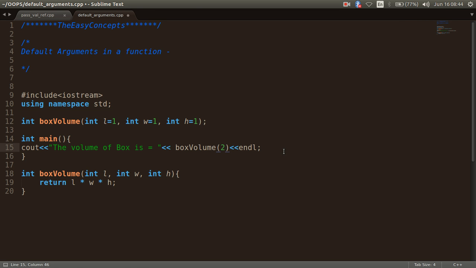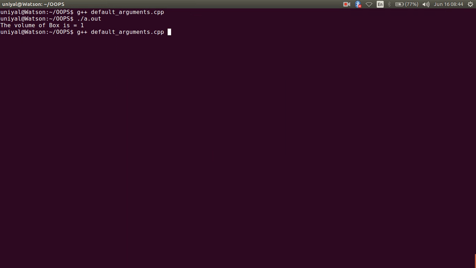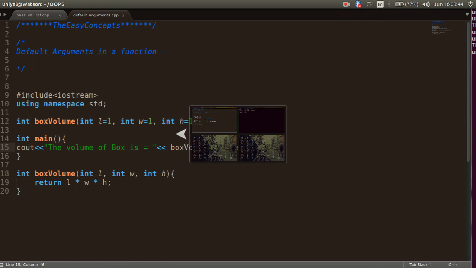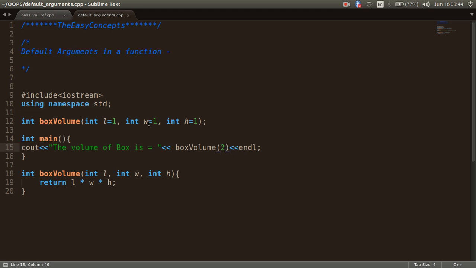What if I pass only one value? In that case the answer is 2. That means default values have been taken for width and height. One thing you have to keep in mind is that whenever you want to make some argument default, it should be in the rightmost position. Like this, width and height are rightmost arguments. So even if we don't pass these arguments, they will be default. Suppose you are passing 5 here, so 2 will be length,